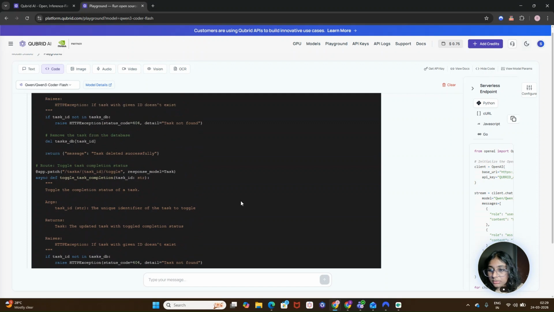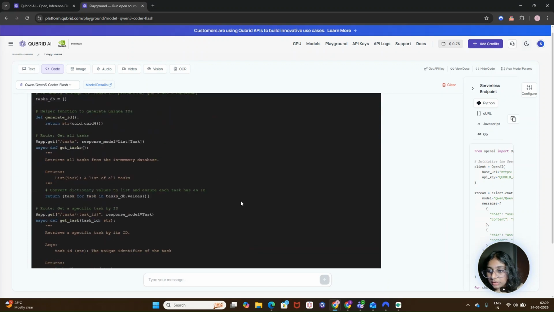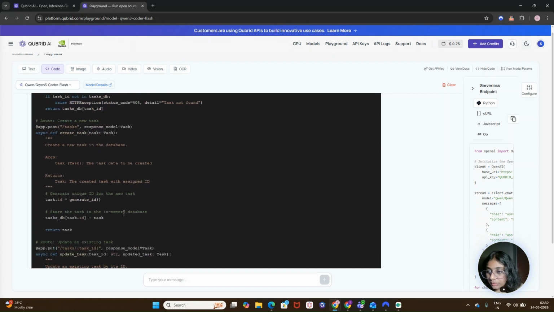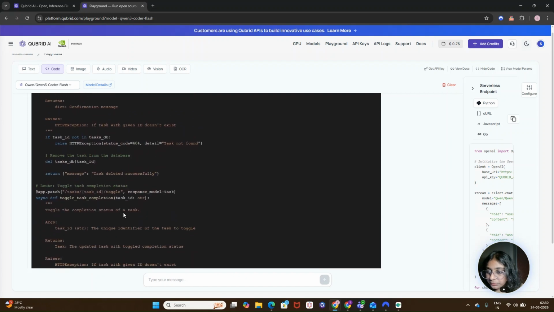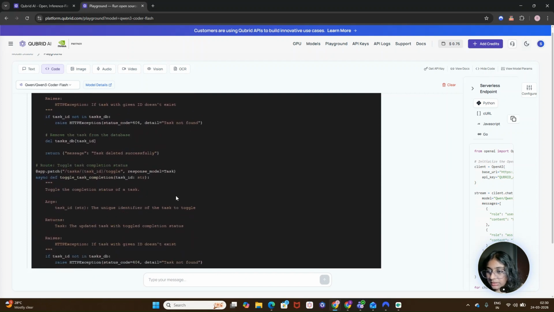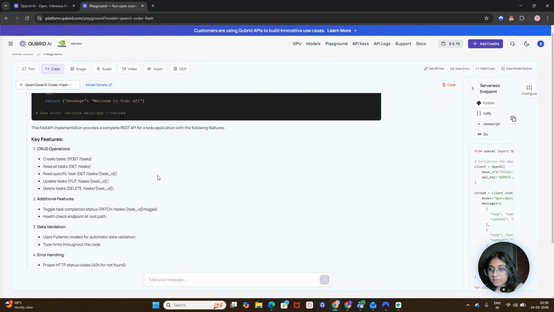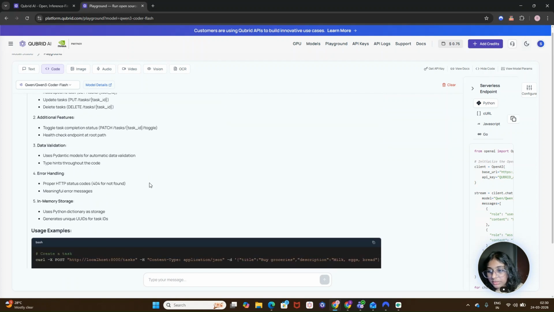You can see how it has given us the output, and it has given us the task ID, then toggle task. It has given some routes over here for the REST API. This is a FastAPI implementation of the features which we have provided.